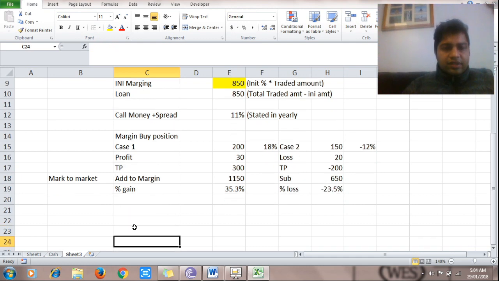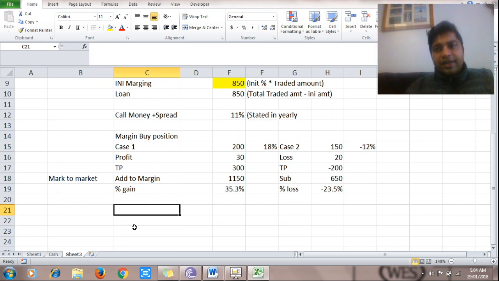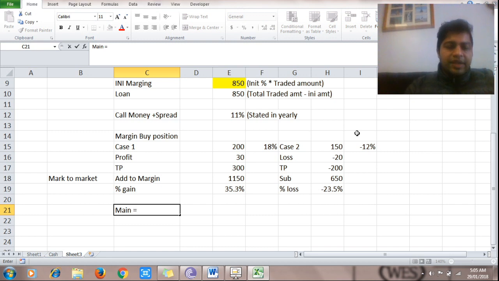Certain other concepts. Now if the stock starts falling, and if you have invested $850, so loss is getting adjusted from it when the stock falls, right? So if the stock falls too much and this margin amount is wiped out and you get into negative, then you would have to pay the broker the difference and you may deny to pay. Okay, so for safety of the broker, that the stock shouldn't fall too much so that you may deny to pay him, the risk of the broker goes up. So brokers generally ask you to have certain maintenance margin.